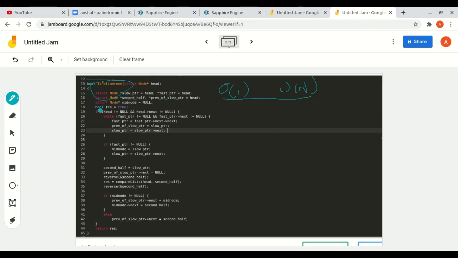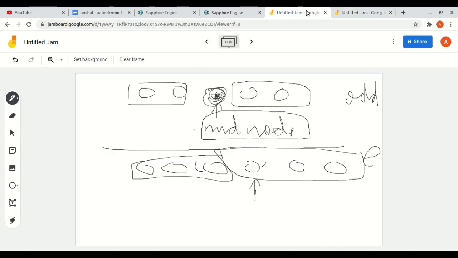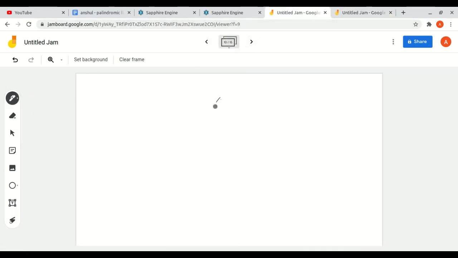So we have given this case, this case. This will handle our base case, because if the head is null, that is length is 0, or length is 1, that is there is only one node available, in both cases we will return true, because a linked list of one node, like A, B, these are all linked lists of one node.